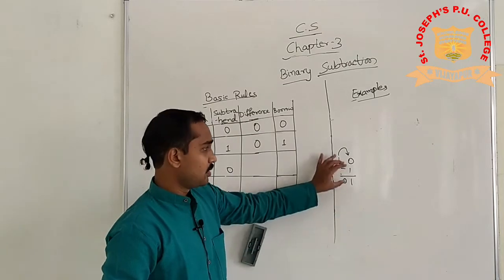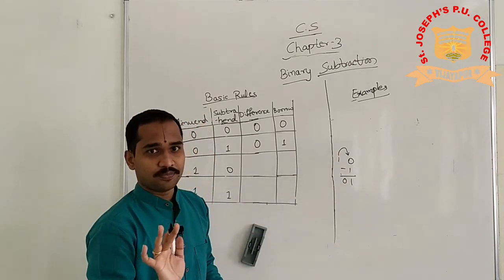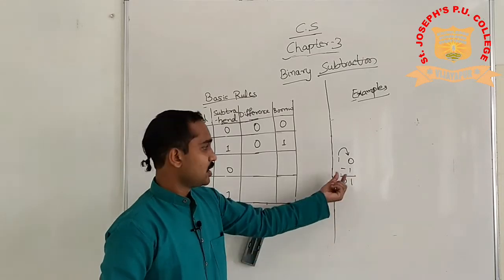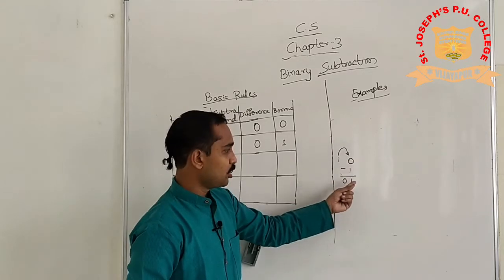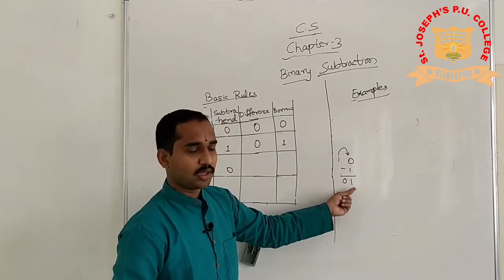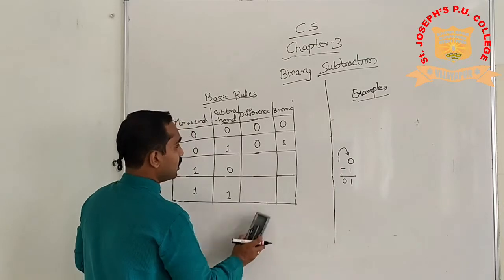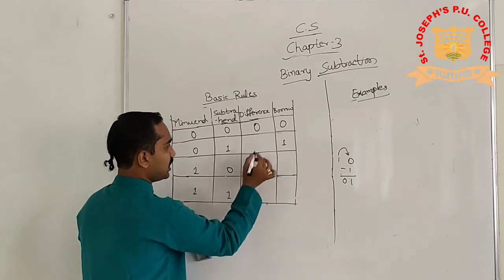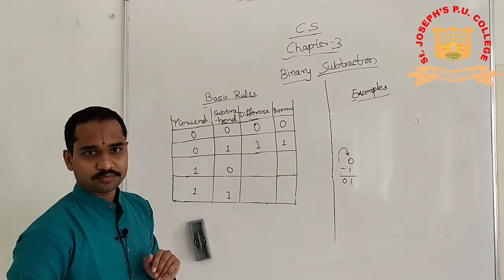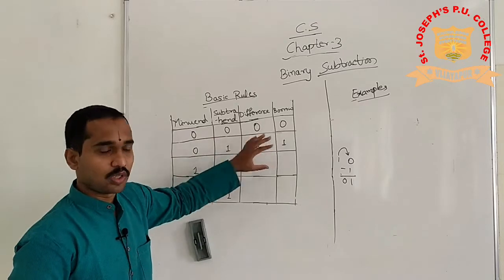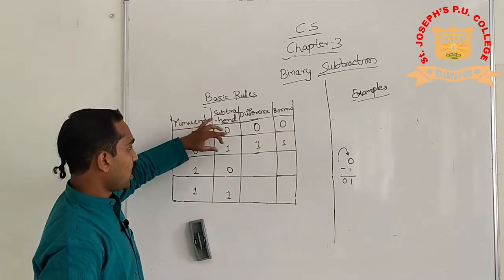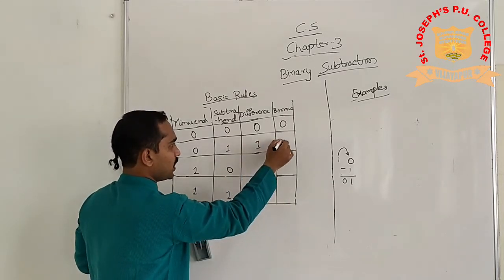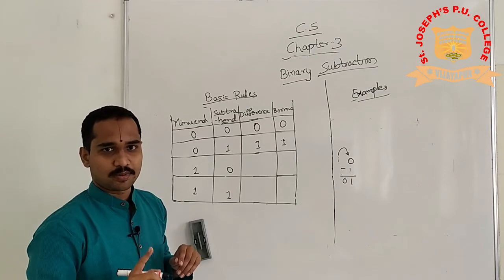Fine, normal. This is binary. 0 minus 1 will not be 9 here. Normally you say 10 minus 1, 9. Not like that. It is binary, isn't it? So 0 minus 1, 1 you are taking as borrow. 0 minus 1 will be 1. So borrow is also 1, and the difference that you got is also 1. Am I right? Please remember this rule. When you subtract 1 from 0, difference will also be 1, borrow will also be 1.